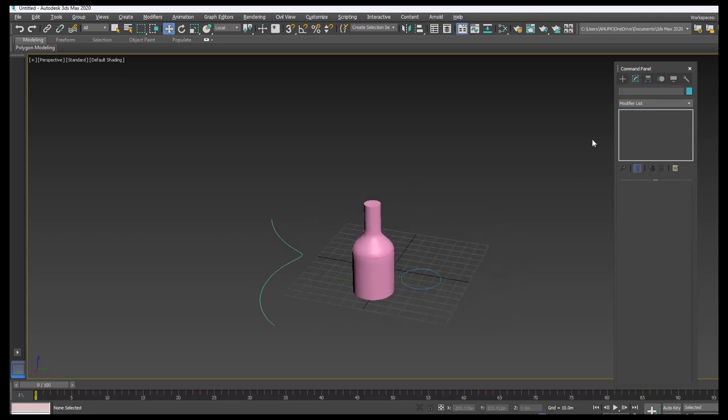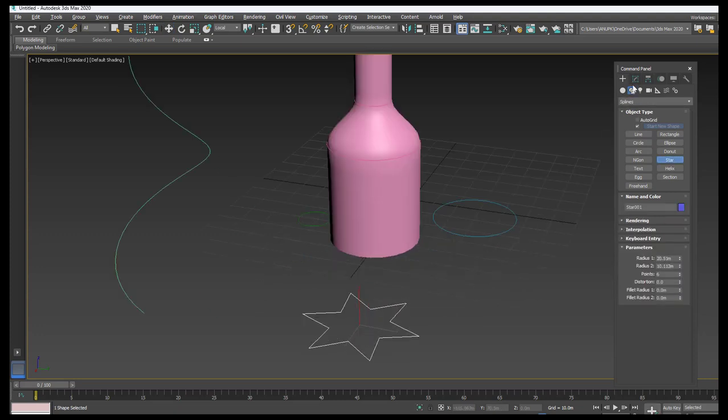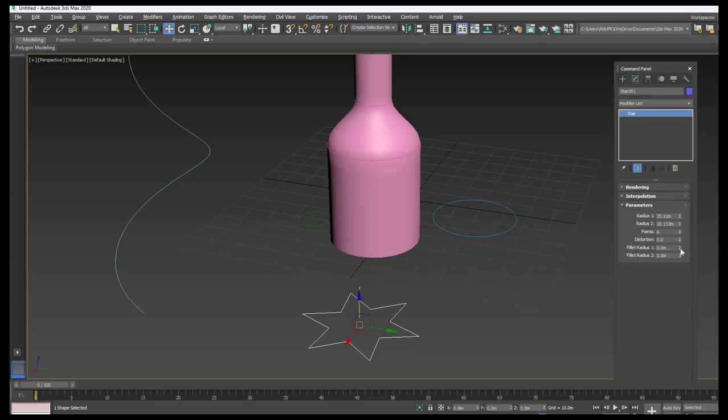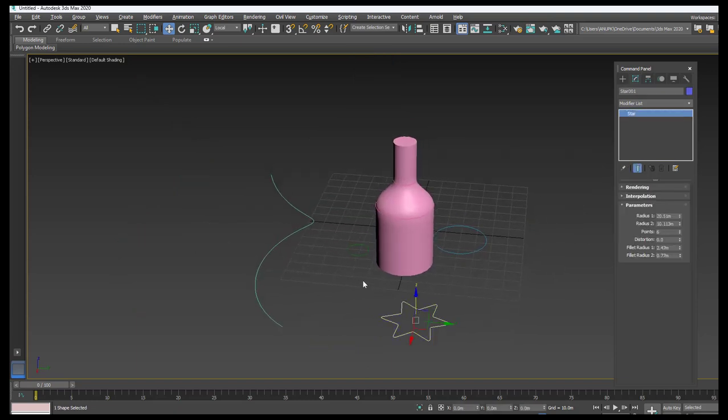Now this is the path. For the shape I just go with a star. Draw it roughly and then go to the modify option. I'm just applying the fillet amount like this. And then this is the first shape, and then you can go with any other shape.